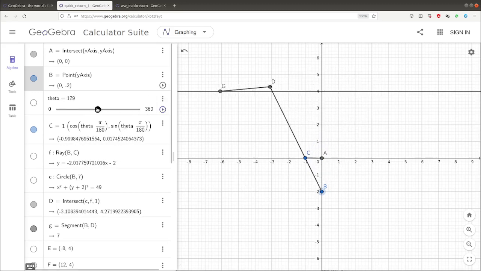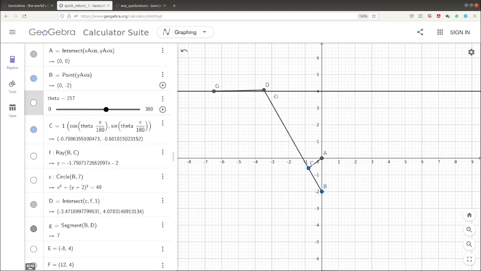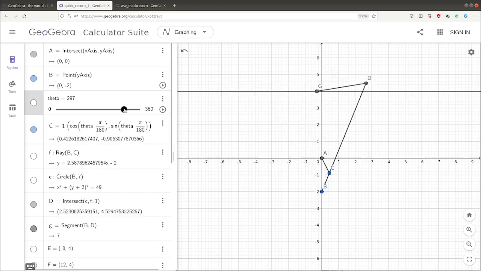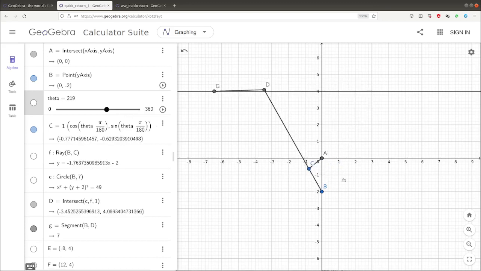So if you see, up to here it's going in forward motion, and after that it's going in a reverse motion, and then once again it's going back in the forward motion. Now if we assume that this input link is rotating at a constant angular velocity, then the angle this link covered will be proportional to the time taken.